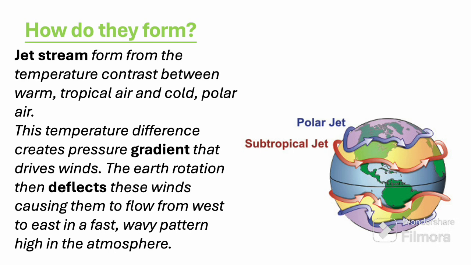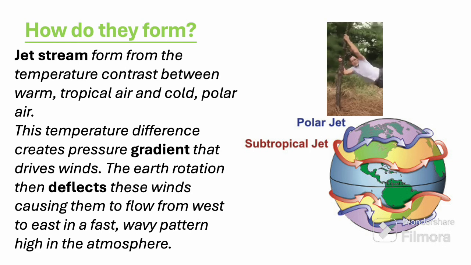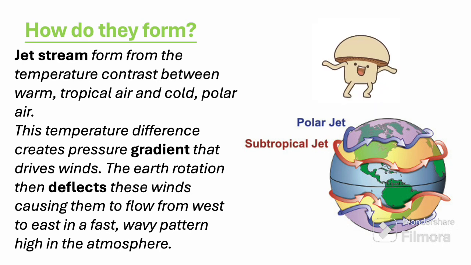How do they form? Jet streams form from the temperature contrast between warm tropical air and cold polar air. This temperature difference creates a pressure gradient that drives wind. The Earth's rotation then deflects these winds, causing them to flow from west to east in a fast, wavy pattern